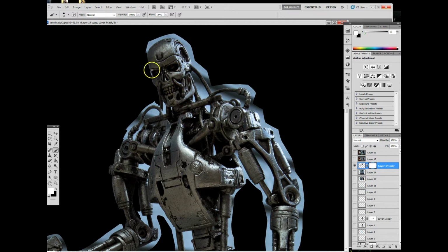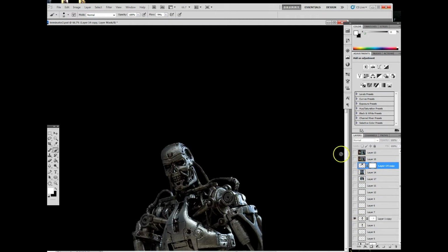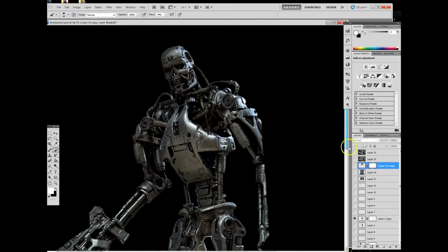or if you find out later on, if you save a Photoshop project of it, that there's a part that you wish you had touched up a little bit more, you can always go back and do that as long as that layer remains the same. So once you're all finished with that, hopefully you have something similar to this,